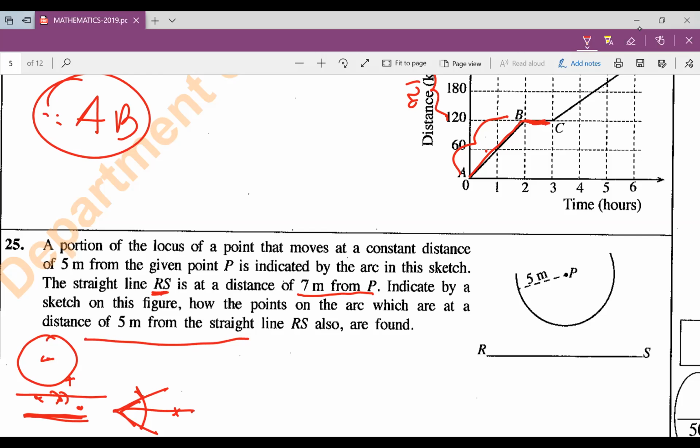Okay, so here they are talking about 7 meters from P. So RS is 7 meters from P. So here to here is 7 meters. How are the points on the arc which are at a distance of 5 meters from a straight line RS? So from the straight line RS,